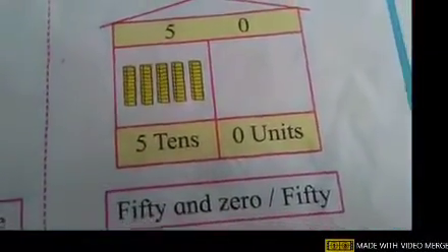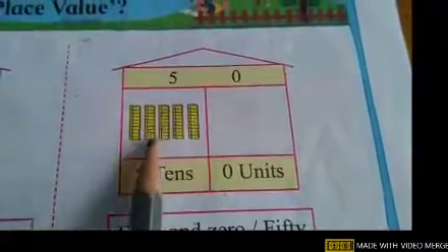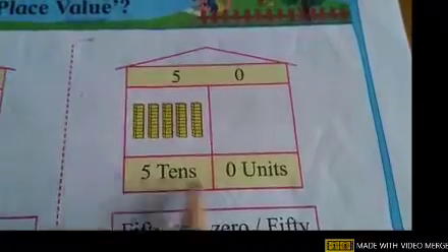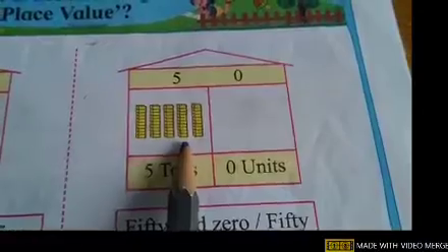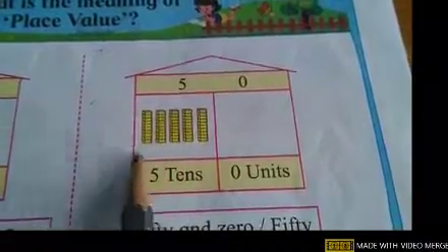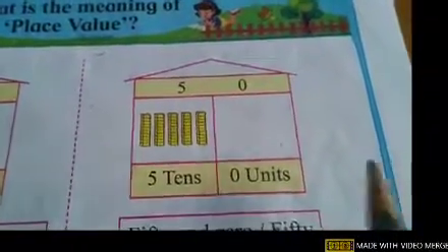Now proceed on the next one. See which number you can see over here. It is 50. So in 50 we can make 5 groups of tens. How many groups of tens can we make? We can form 5 groups of tens. 1 ten, 2 tens, 3 tens, 4 tens, 5 tens. So 5 tens means 50. And 0 is coming in units place. 0 means nothing. No value at all.